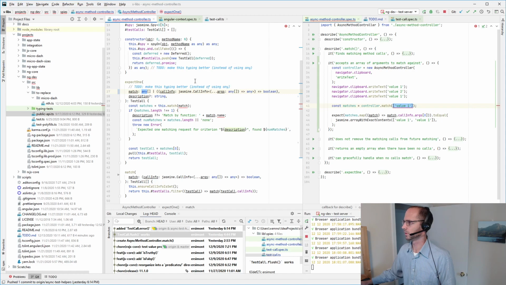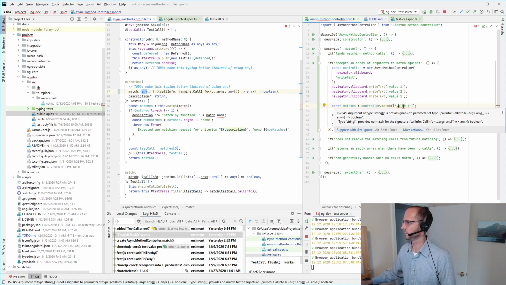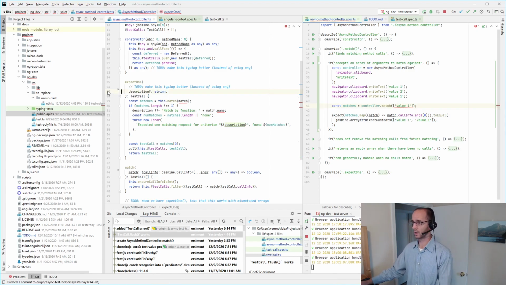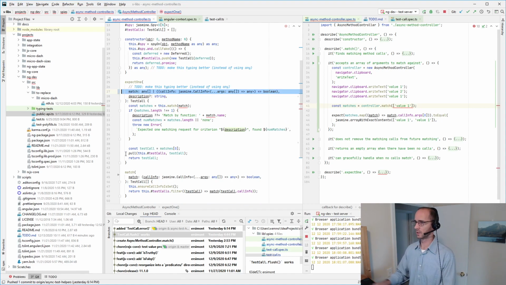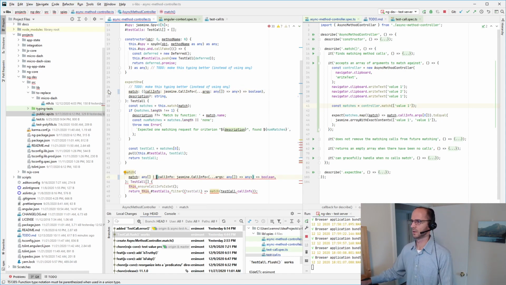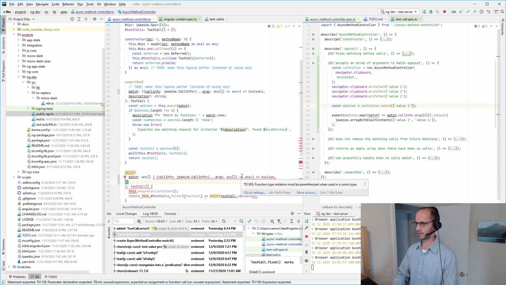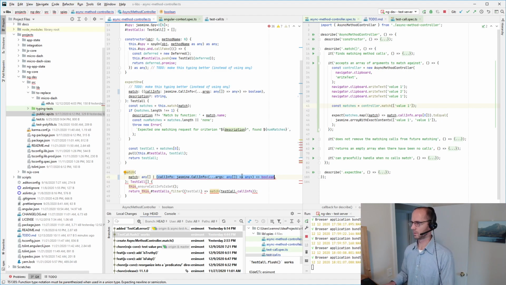So that I expected to fix this. Oh, that's in the expect one. We do want it there, but right now we're doing it in the match function. So let's start with it here. And we'll need to make that, oops, oh goodness. We'll need to make